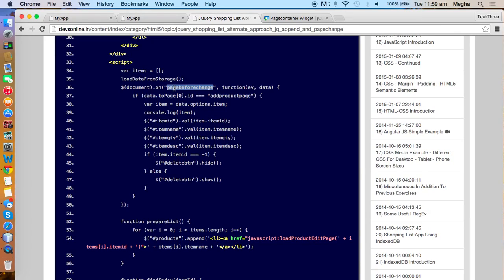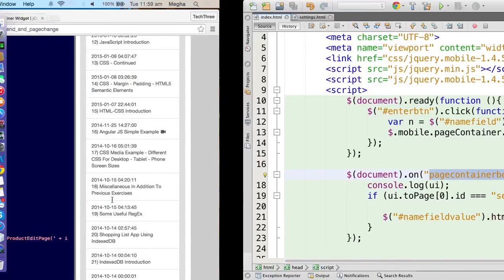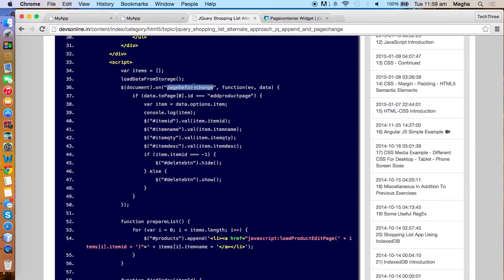Within these 2 months they deprecated that method. So this is how they change the document, and this is what we call keeping up to date. We have to keep referring, keep learning, keep up to date with whatever development is happening. So previously it was called page before change. Now the document, for example, that also I'll show you. So if I try to see page before change,